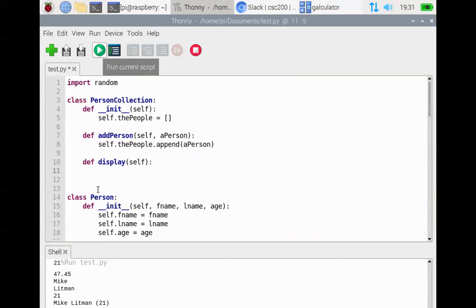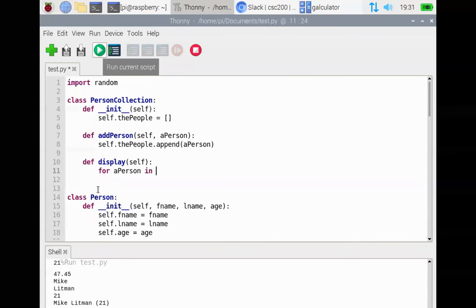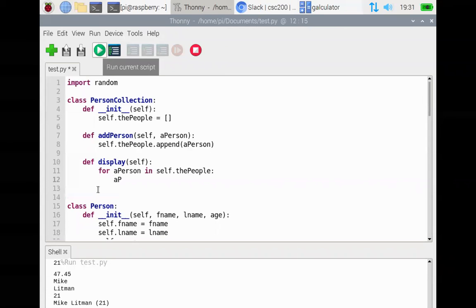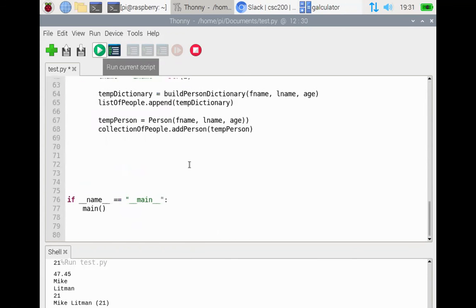So our display method for person will be for a person in self.thepeople, a person.display. Because a person knows how to display themselves. This for loop will take a person on a voyage through my collection of people, which is up here a list. So now when I go ahead and ask a